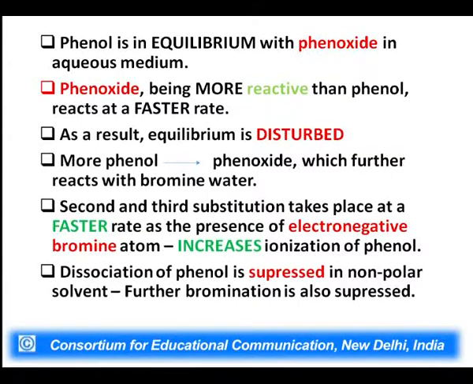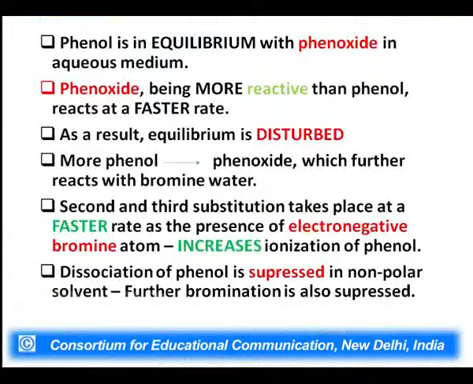See, when we dissolve phenol in water, phenol ionizes to give a phenoxide ion. And this phenoxide ion, since it is more reactive than phenol, reacts at a faster rate with bromine, resulting in formation of bromophenol. Hence, the equilibrium is disturbed and more of phenol is converted to phenoxide ion, which then